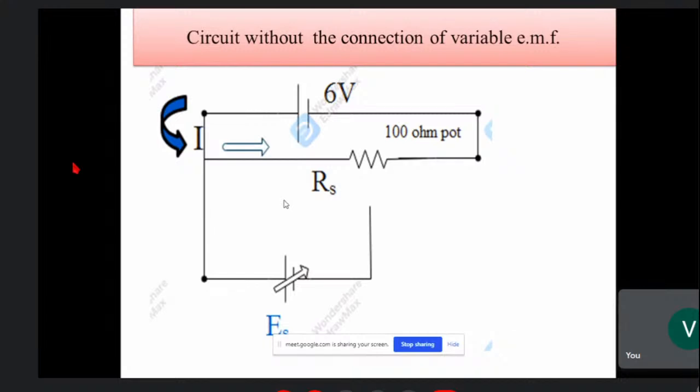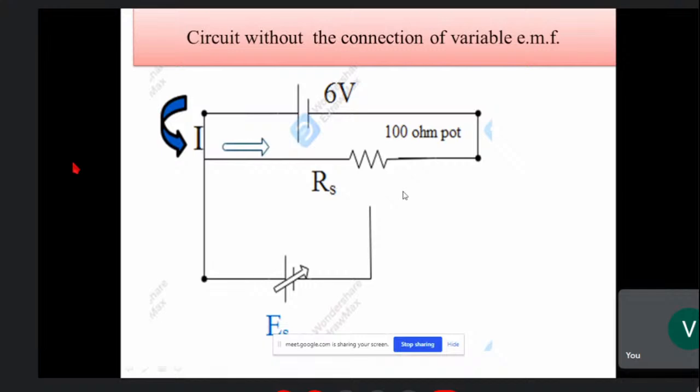So what is happening now? This is 100 ohm. This is the pot. This is 100 ohm, and 6 volt is connected. So a full current of I is flowing, that is 60 milliamps. 6 volt by 100 ohm, that is 60 milliamp. Okay, so now when he connects this, then, when it is not a null condition,